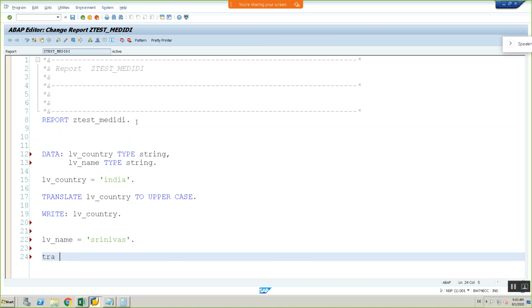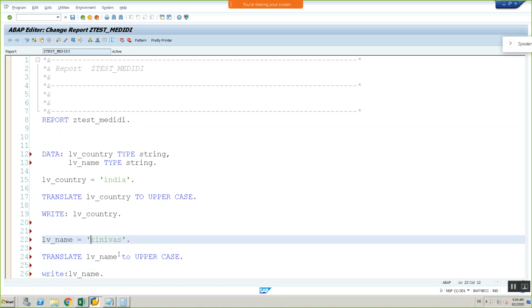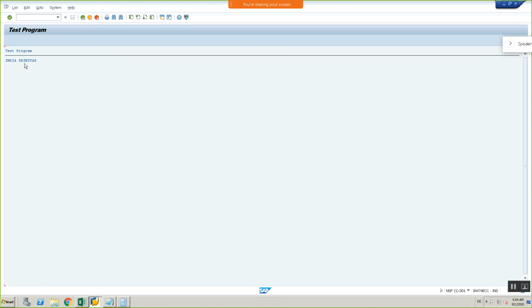If you click on tab, then automatically you get that word here without typing. Translate lv underscore name to uppercase. Even if I give one small letter and one capital letter like this, it is also fine. Activate, execute. See, India, Srinivas.